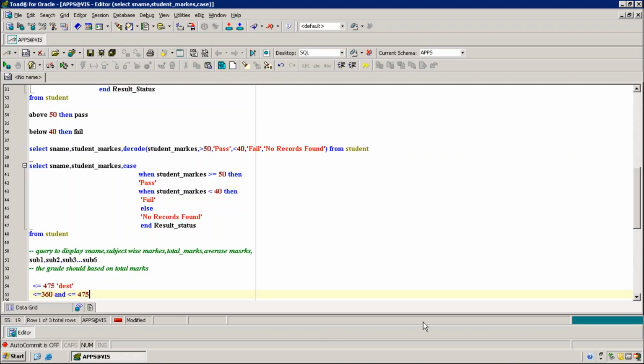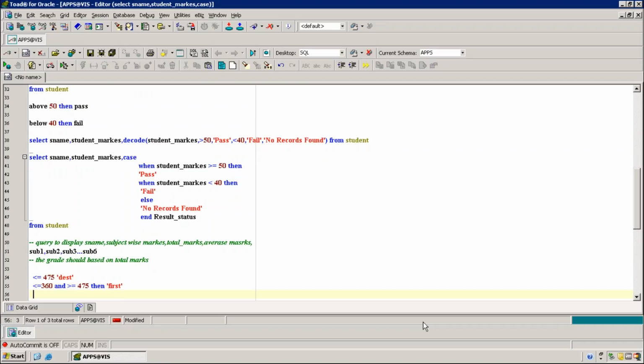Understood? You can do this assignment. Then first class. And then less than 360 and greater than or equal to 300, are you clear?